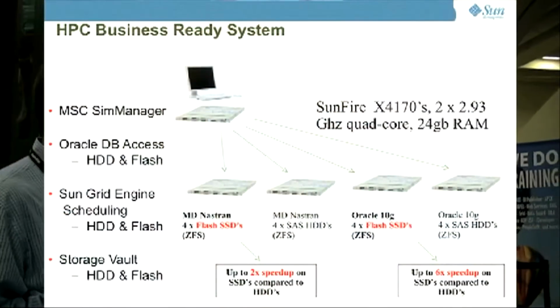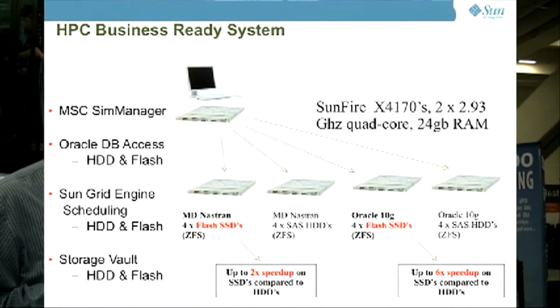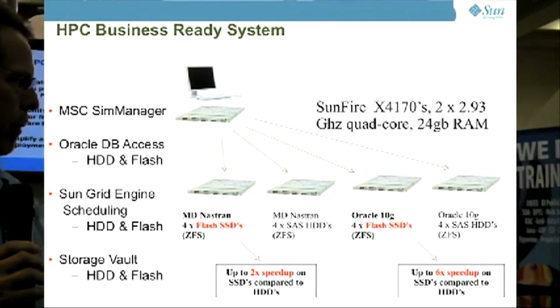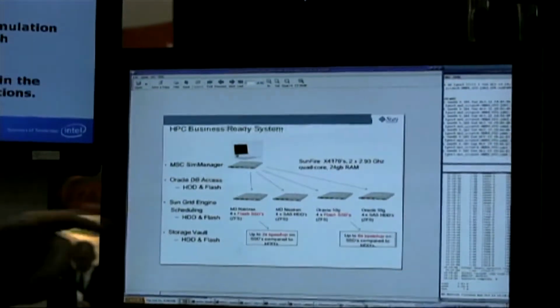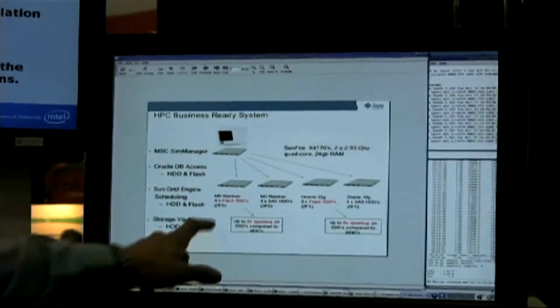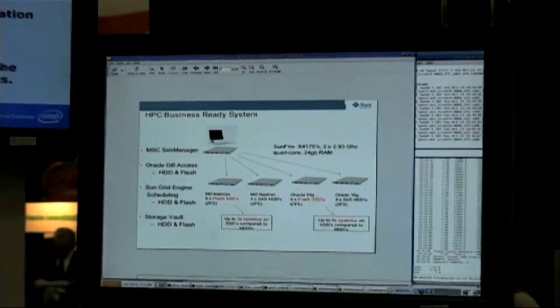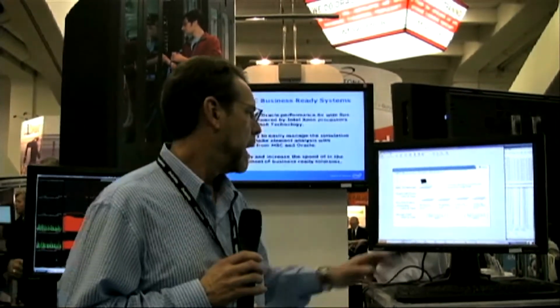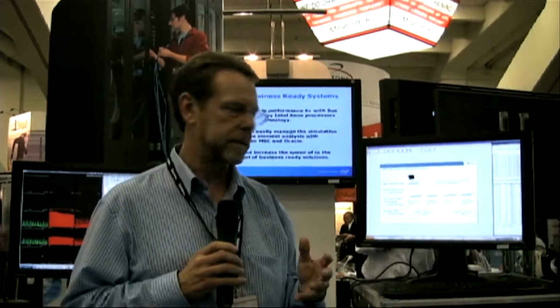On the diagram up here, what we have are 5 systems. We have a Simulation Manager portal. That's a portal that uses a web interface that will be discussed a little bit later by a colleague of mine. And then on the 4 systems underneath this, we have 2 computational node systems that run the Nastran application. Nastran's used worldwide for structural analysis for things like the automobile industry when they produce their products, as well as the airline industry. Also, in conjunction to that, we have 2 systems that are running the Oracle database environment on